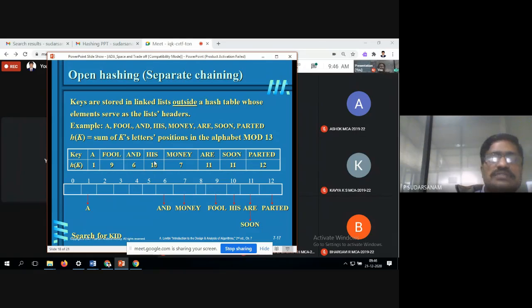You can take your friends' names and insert them. Collision means what? Already one element is there. Again, if you are trying to insert, overlapping should happen, and collisions will happen. To overcome that, we are using open hashing. That is what you need to understand, and that is what you have to write in the examination also. Next,